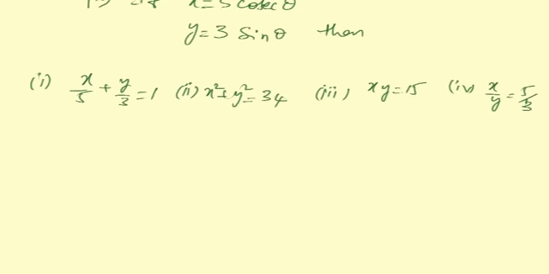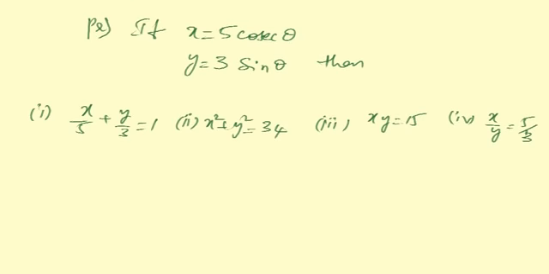If any problem is available, we will solve it. Yes, the problem is given like this: x is nothing but 5 cosecant theta, and y is nothing but 3 sin theta. See friends, in the first class we learned that when we have sin theta and cosecant theta, by looking at these we can say that sin theta into cosecant theta is nothing but 1. This is always 1. So from the given equations you pick the values.